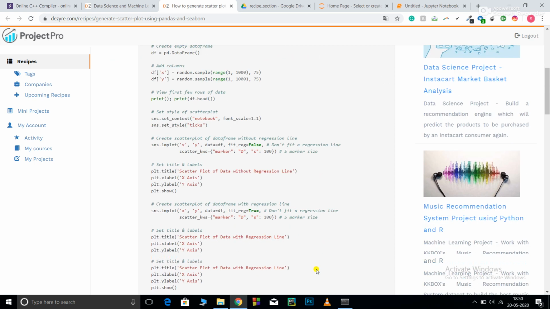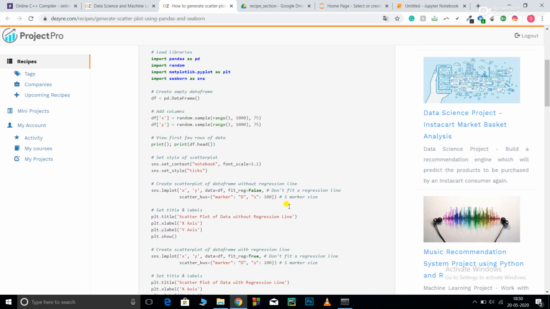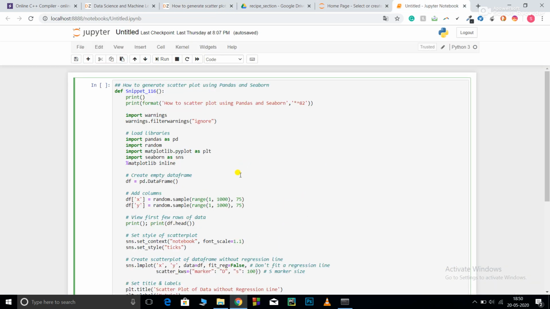So this is the code snippet. I have copied and pasted this code in my Jupyter notebook. I'll explain the code to you as well as run it for you. So what is a scatter plot? In junior classes you must have been given some data points containing x and y, and you needed to plot them using dots or stars, any symbol like that, on a graph. This is a simple scatter plot. So let's get started.